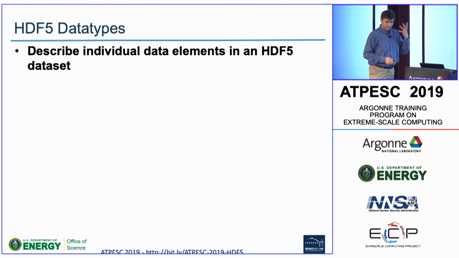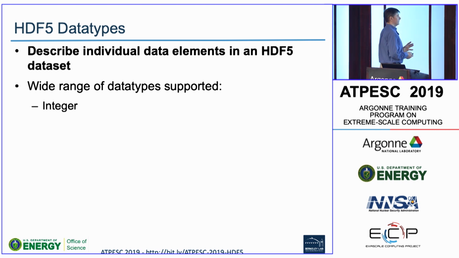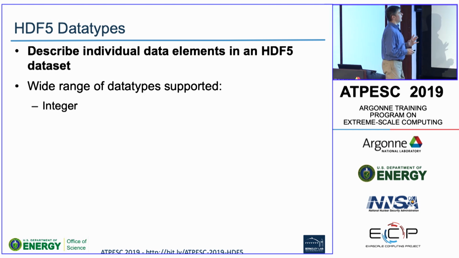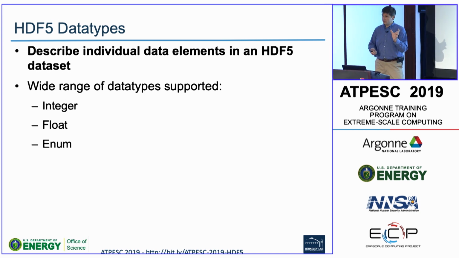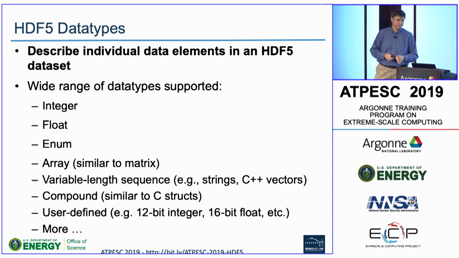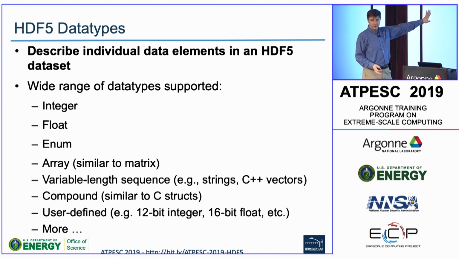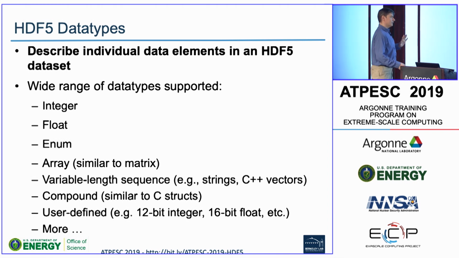So data types, so what are the elements made out of? We support a very broad range of things, probably everything that you can think of you might need. Integer, float, enums, you can do named things, red equals 2 kind of things, right? And then a wide variety past that. Most people will stick with your integers and floats. A strong